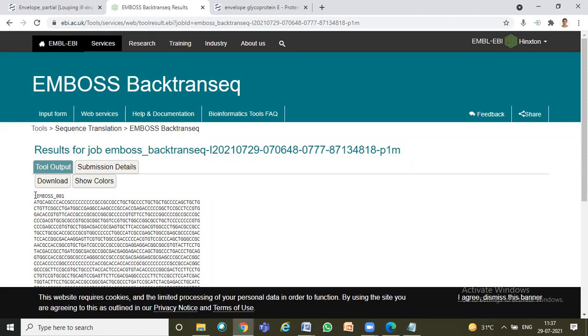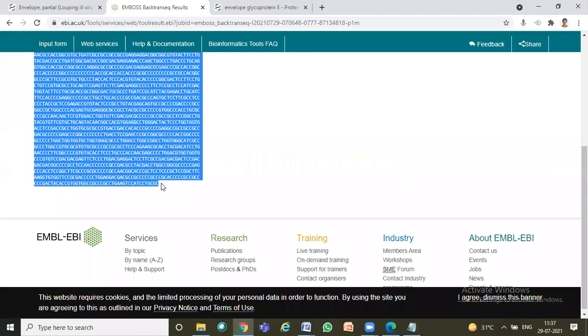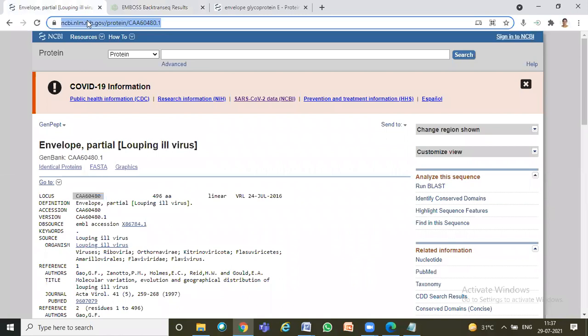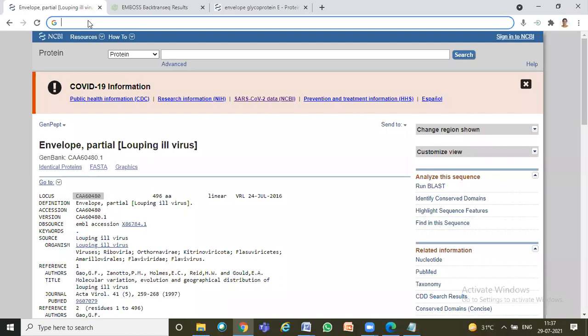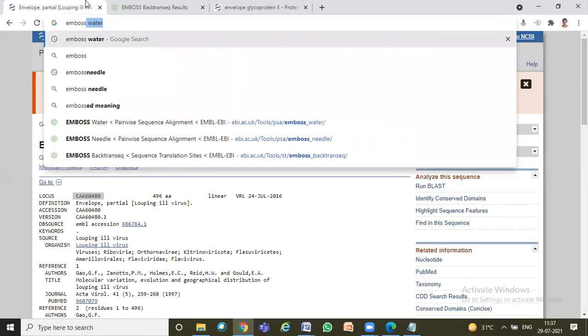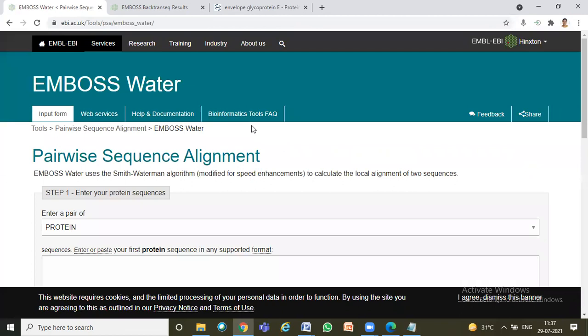If you want to check the accuracy between the auto back translated sequence versus the sequence annotated and available in the database, you can do a pairwise alignment using EMBOSS Water.